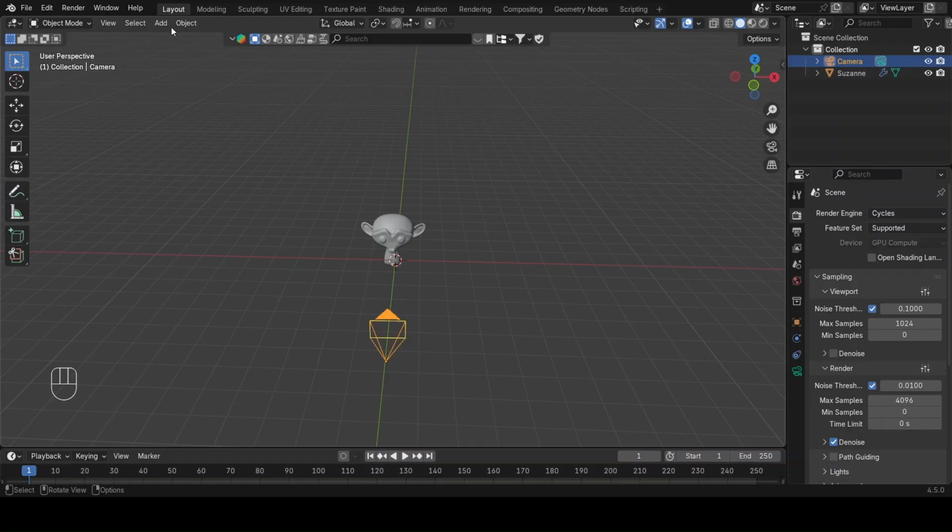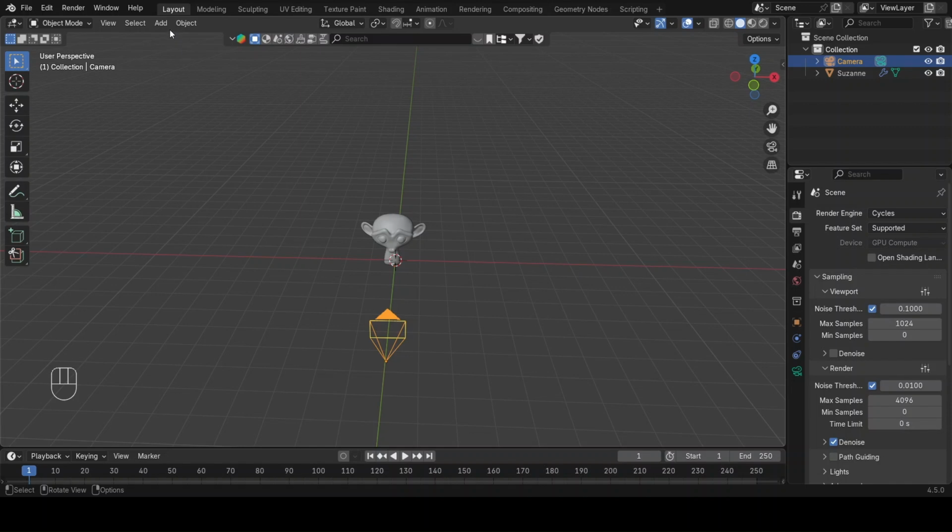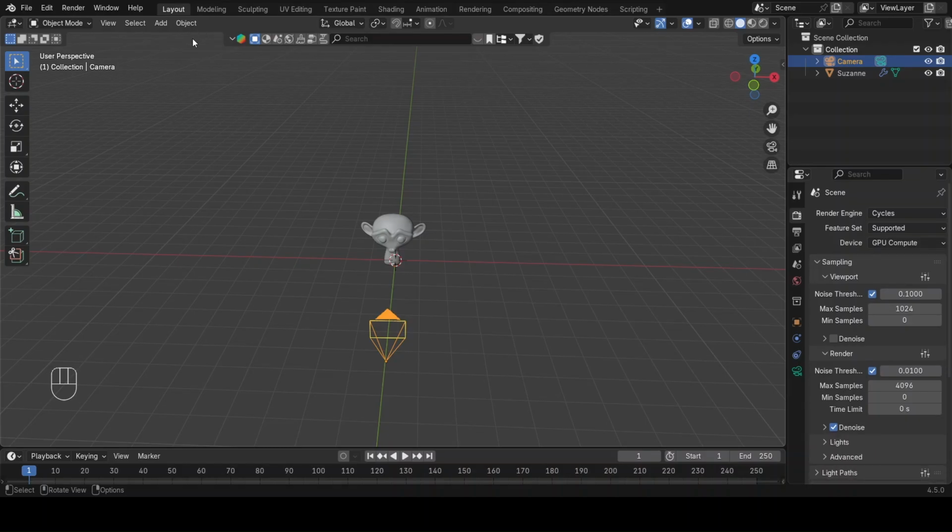Now if you don't have any GPU, it will show None here. Or if you have a GPU, then you still have to come here and select the graphic card as you want. So if it's None from here and you already have a GPU, then you can check